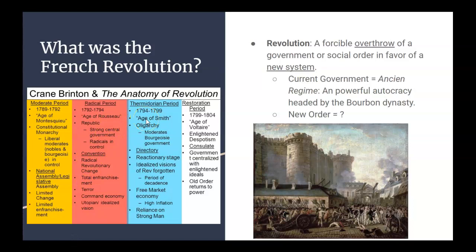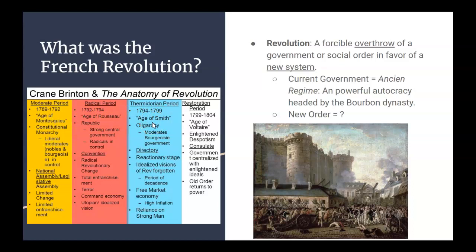Third periods of revolutions are known as the Thermidorian, or if you have trouble spelling that, or that doesn't mean anything to you, you can just call it the cooling period. This is the third period, so it's after the radical period, where people kind of chill out. They're like, let's not be scared and do aggressive, violent things anymore. Let's just relax. Let's try to go a little bit back to the moderate period where we're changing things slowly. No need to get rid of religion or say that the pound is stupid or miles are dumb. Let's just chill out a bit and go back to the way things were going when we were trying to slowly change things, that sort of nature.